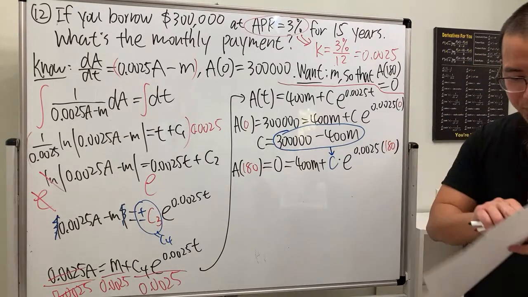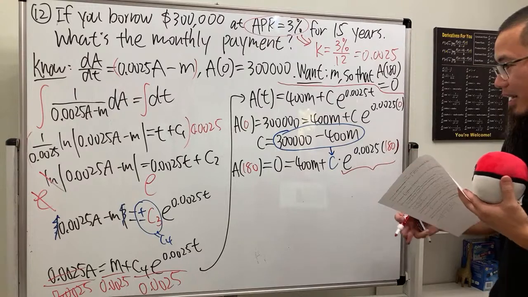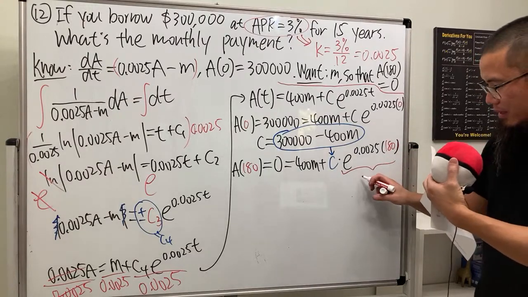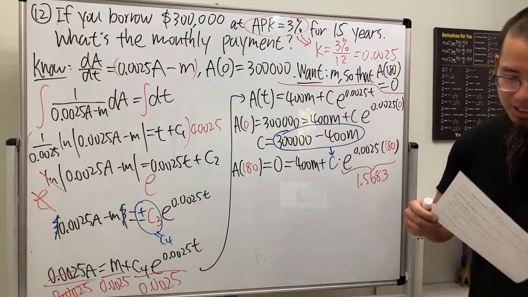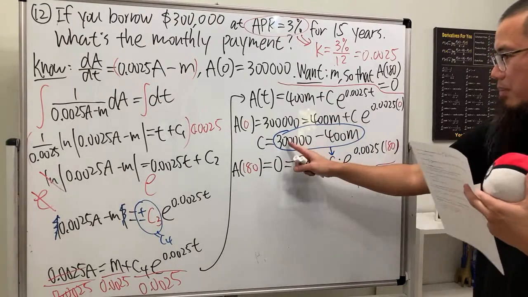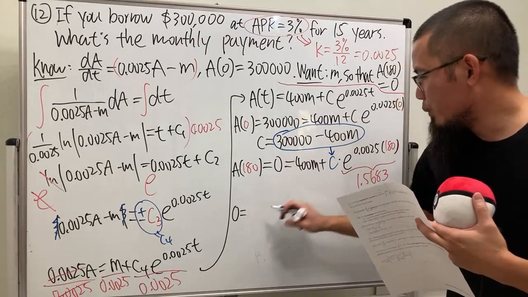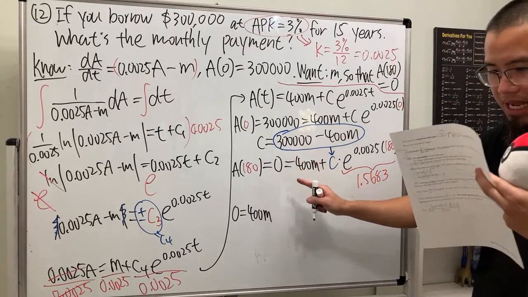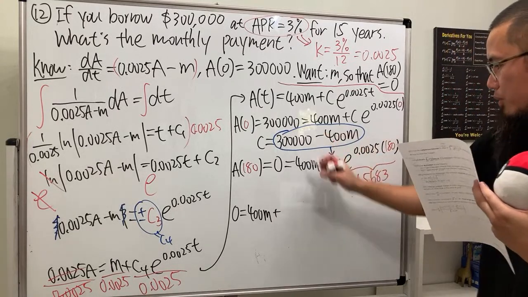I am actually just going to use decimal because right here, you just compute this on the calculator, you will get 1.5683. All right? And then you take this, multiply this, and you take that, multiply with that. So you get 0 is equal to, here we have 400m. And then you take this, multiply by that, you get, right? So again, you take this, multiply with that, you get